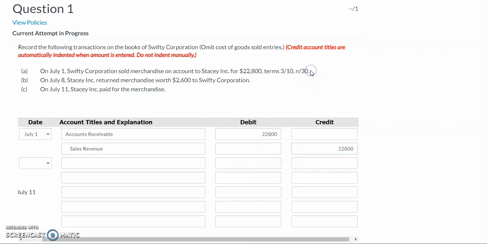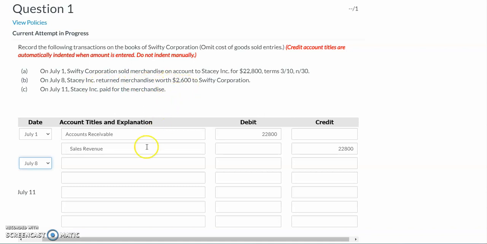And the terms of the sale is Stacy Inc. can receive a 3% discount if they pay within 10 days, or the net amount is due in 30 days. So this is an important piece of information that you want to keep in mind as we go through the rest of this problem. On the next transaction, which occurred on July 8th, Stacy Inc., the customer, returned merchandise worth